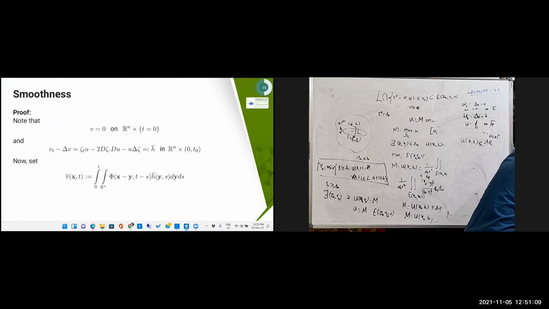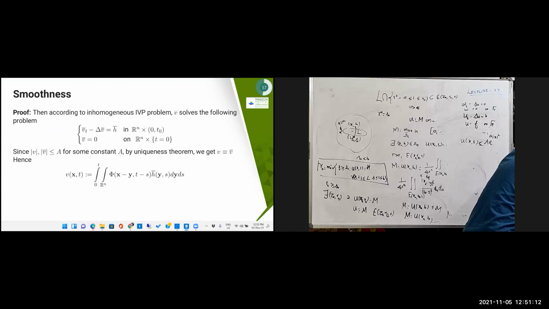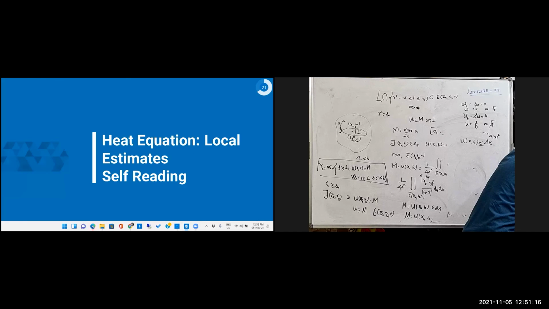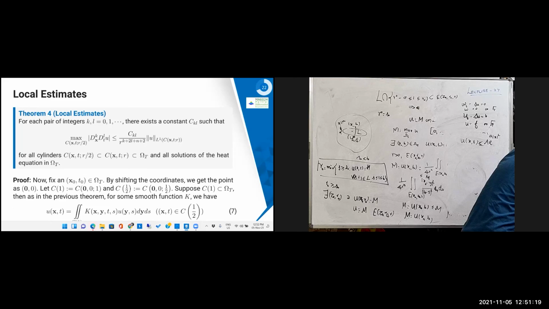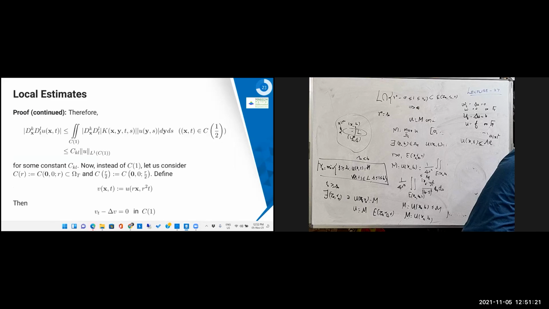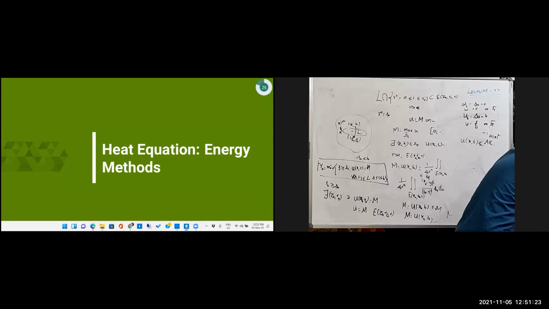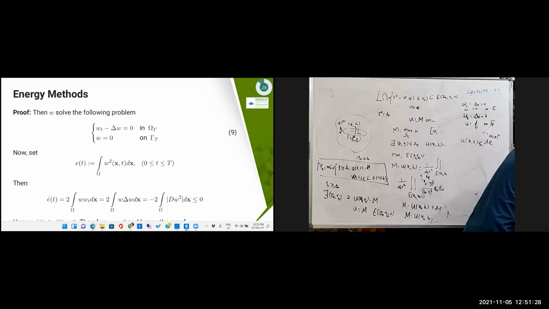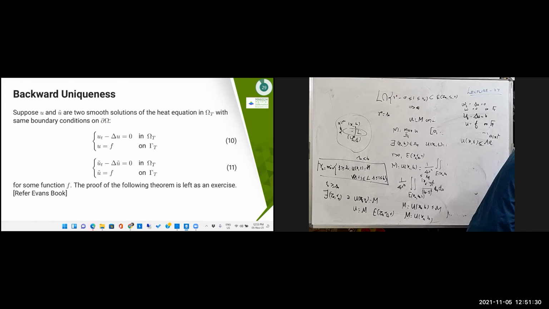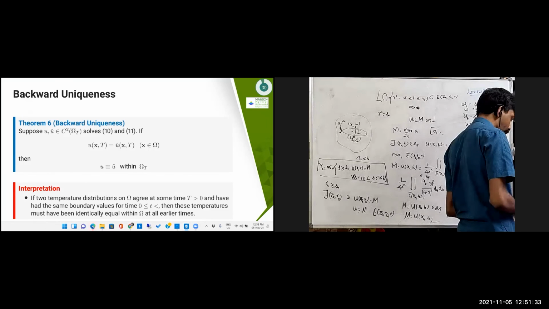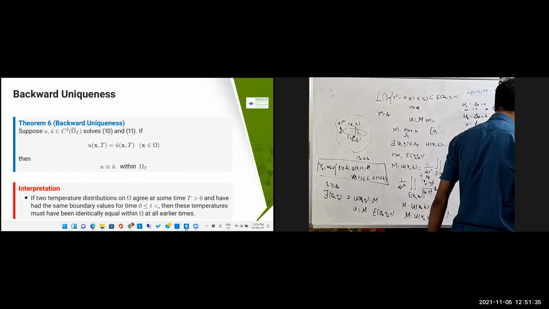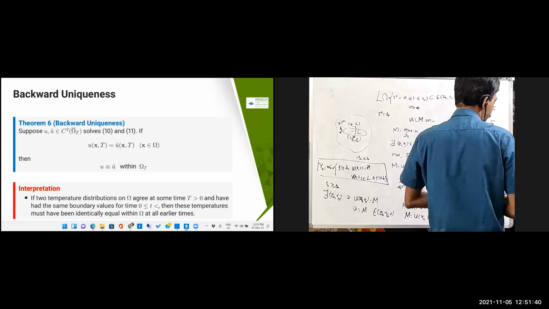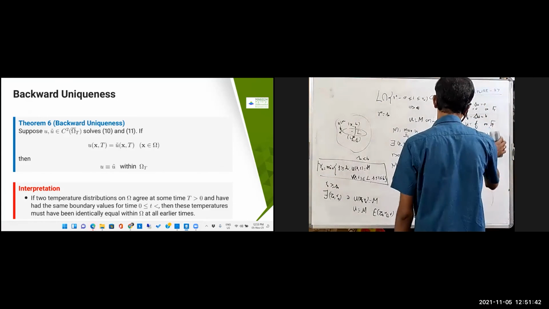Then what we have is that that's all for this one. Okay, this smoothness proof, I will be providing. I will discuss that smoothness proof. Okay, then again local estimate is there. So this part also I will leave it to you as a self-reading. And then we'll go for the nonlinear PDE. Okay, so for the nonlinear PDE, I will just give how to solve the nonlinear PDE. Already we have discussed some of the nonlinear PDE that we have seen. And then once again, like general classes of nonlinear PDE, we will discuss how to solve the problem. There are different cases.